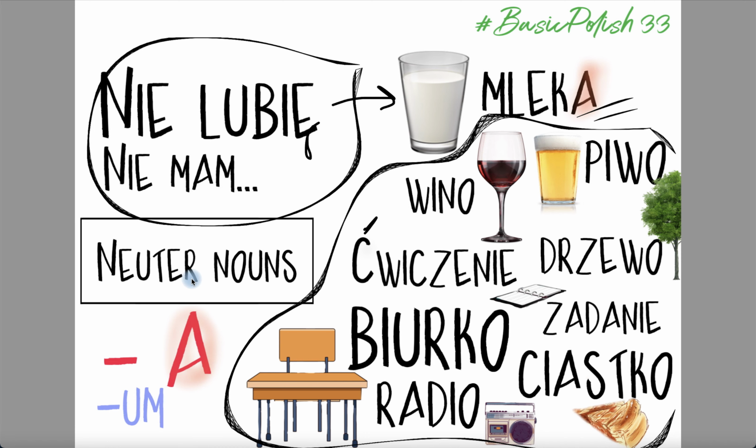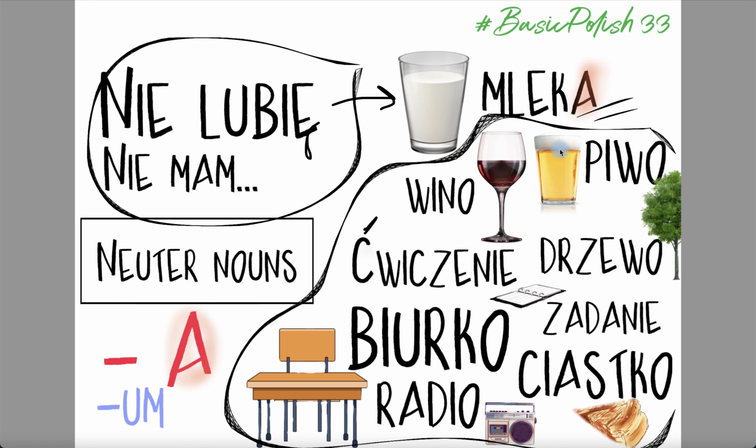By now, you should know that neuter nouns in general usually end in either o, e, or ę in Polish, and the majority of them will have the ending a in genitive. Apart from those ending in ę. I'm actually excluding those ending in ę because there are lots of exceptions there. So I don't really want to talk about those now. It will come in the future. I will have a separate video of exceptions when it comes to neuter nouns, but this is a very good beginning. This is absolutely enough at this stage.